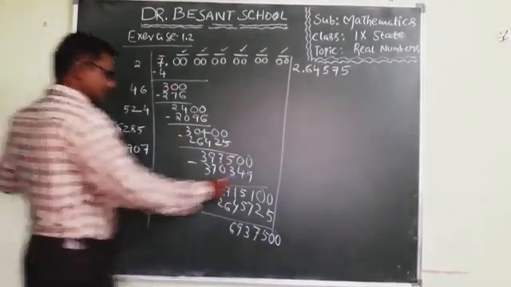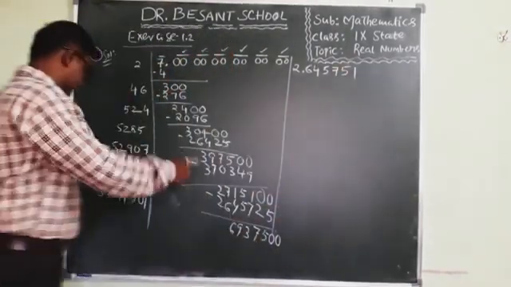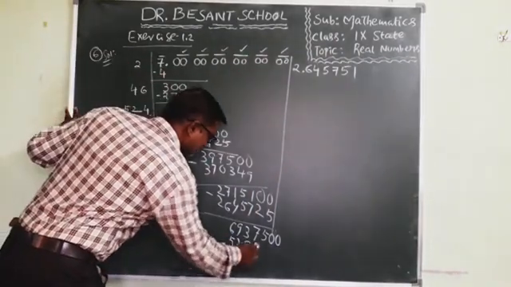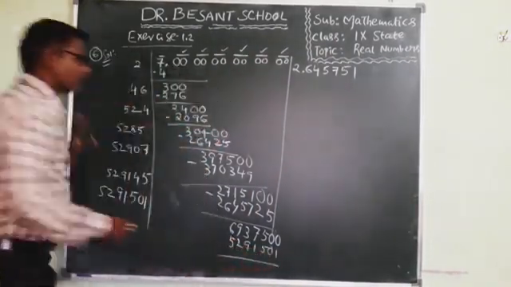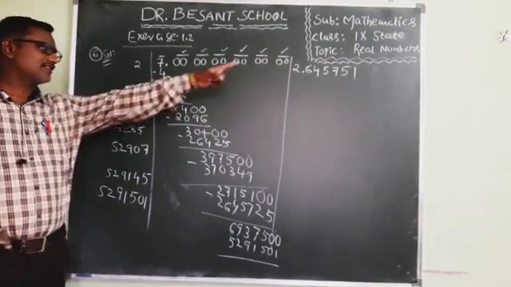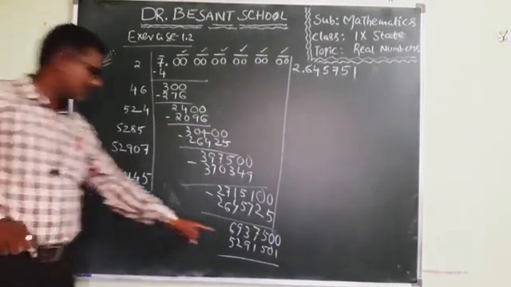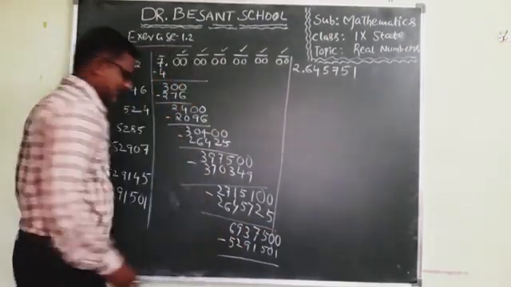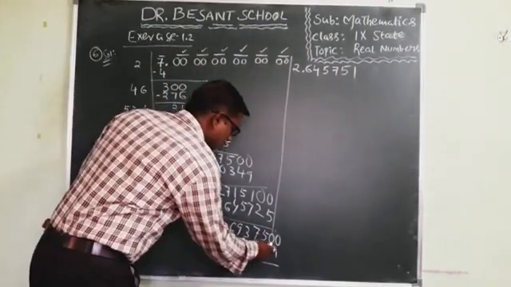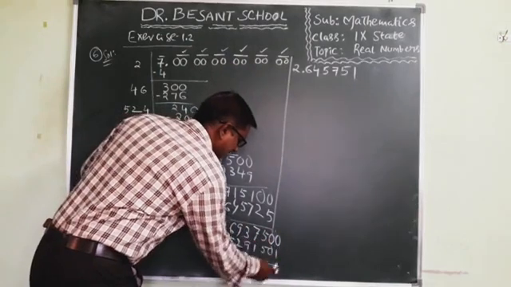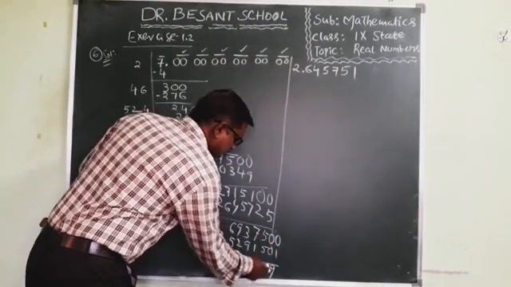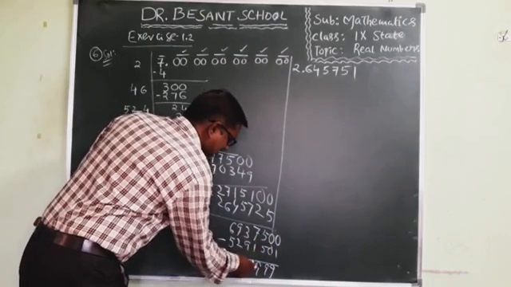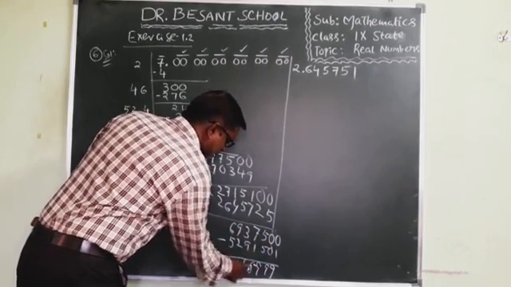Yes, by multiplying with 1 on both sides. So 5291501, 1 ja. I am multiplying this 1 into this 5291501. Now replace, then subtracting this one. So borrow 1, 10 minus 1 is 9. 9 minus 0 is 9. Again 14 minus 5 is 9. 6 minus 1 is 5. 13 minus 9 is 4.